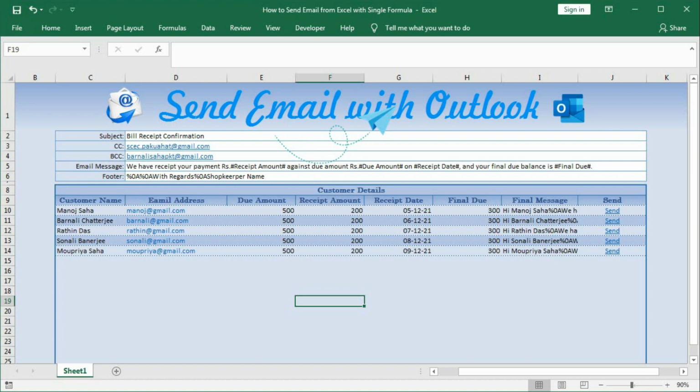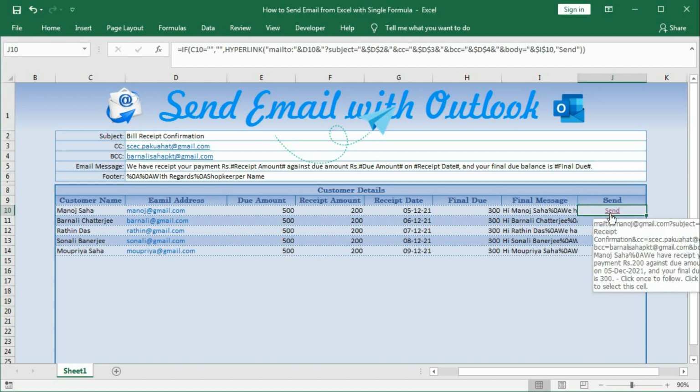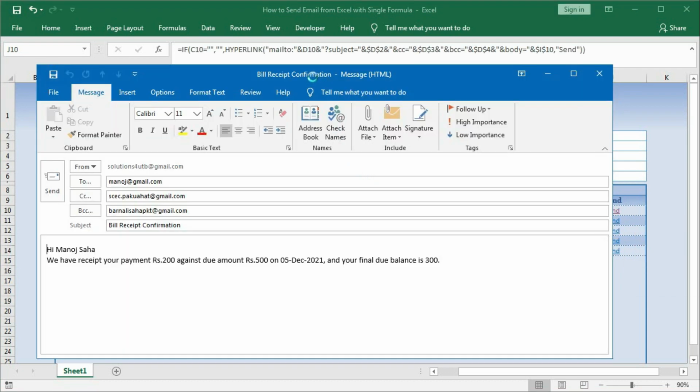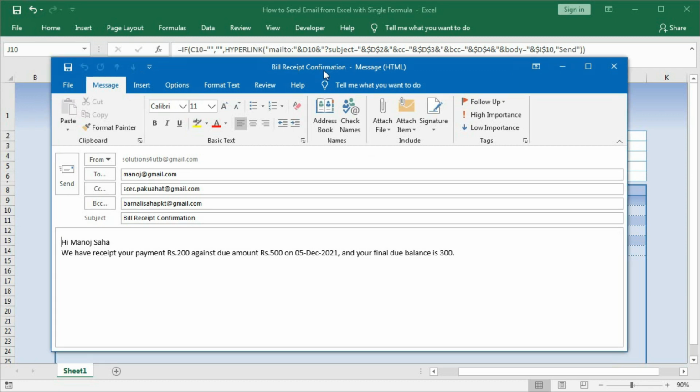In this tutorial, we will learn how to send emails from Excel with the help of Outlook. This is the application from where we will send these emails. So here you can see we can send emails with these links. If I click here, this email has been created. If I click on send, then it will be sent through my account, that is